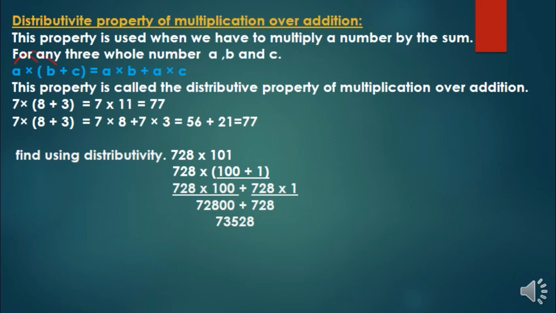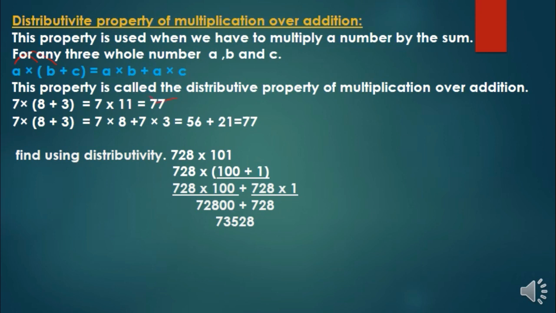Now let's take another method to solve it. 7 multiplied by 8 plus 3. In this case, we are not going to add the bracket. What we will do here is spread or expand this 7. First it is going to multiply with this 8 and then again this 7 is going to multiply with this 3. 7 8s are 56, 7 3s are 21, equals 77. When we look here, we can say that this is the easiest method.